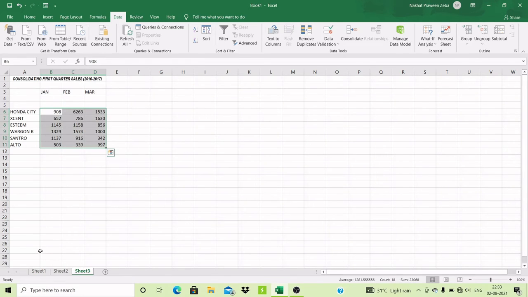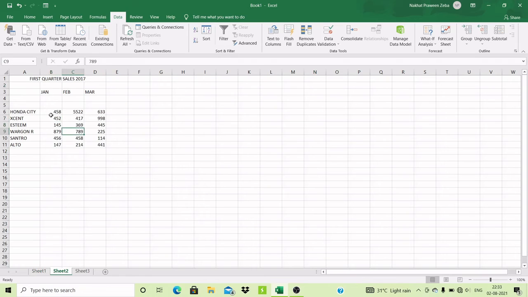Okay, now you can see in sheet 1 what I did. I have given the data of the year 2016, in which I have shown first quarter sales 2016, and the data of Jan is 450 of Honda City. These all are model names of cars, right. And Accent 200, Steam 1000. I am just showing you, you have to observe the changes. In sheet 1 this is showing only the particular year of 2016 of these particular months, and in sheet 2 you have to see some changes.